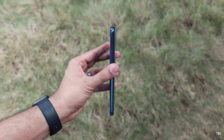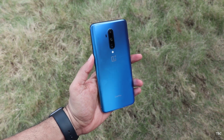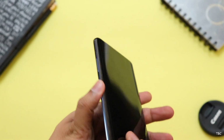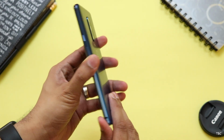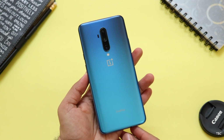So overall for the design, OnePlus has done a great job. This color, which is called haze blue, has this gradient finish, and the shiny painted side frame does blend well, and even though there are unsymmetrical antenna cutouts, it doesn't spoil the design. And given the fact that the phone, even though being a slim phone, is built really well, it's very sturdy, and this design even now does hold well and looks nice with a proper center rear camera array,